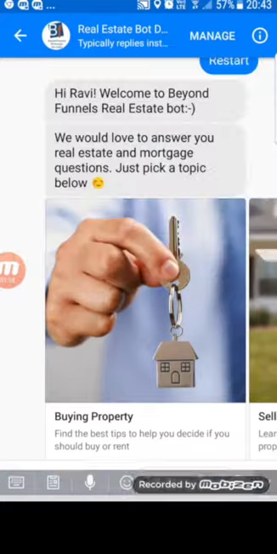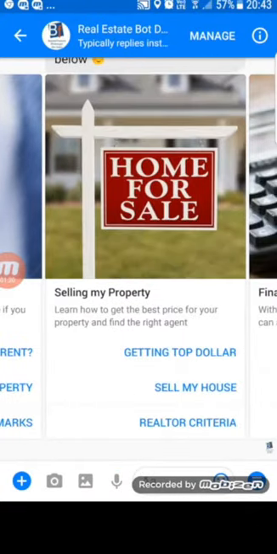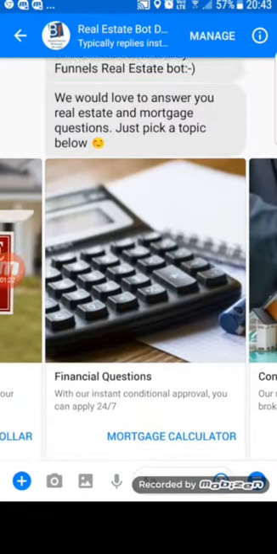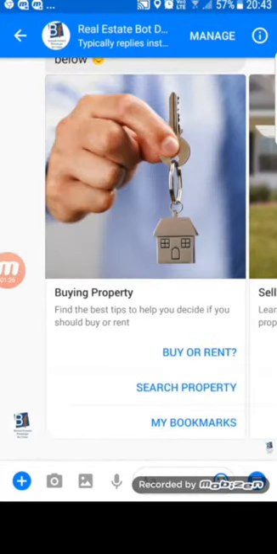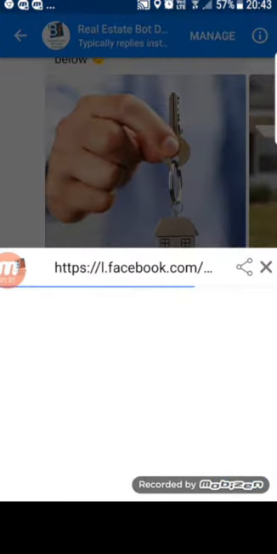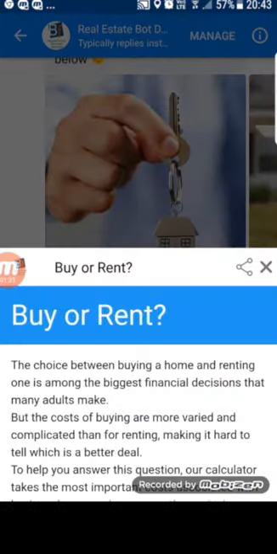It has this menu here: buying property, selling property, financial questions, and then contact. So I'll just start from here. If they click this buy, rent, or sell, this is for the information that generally the home buyers are